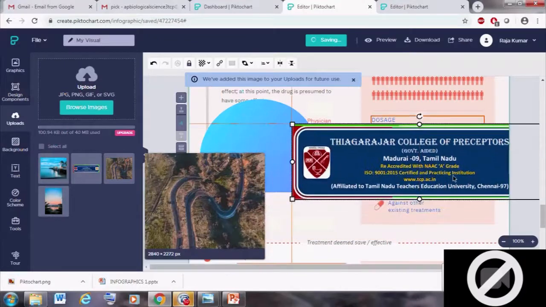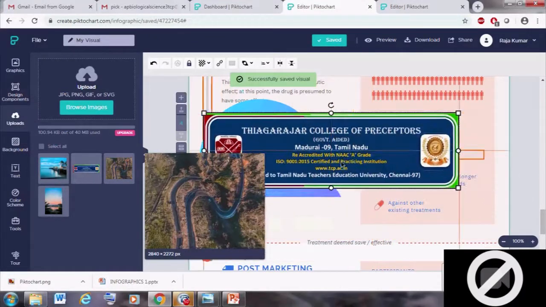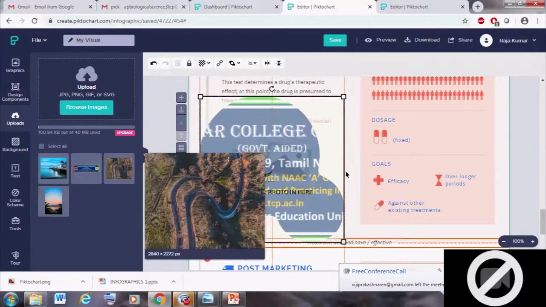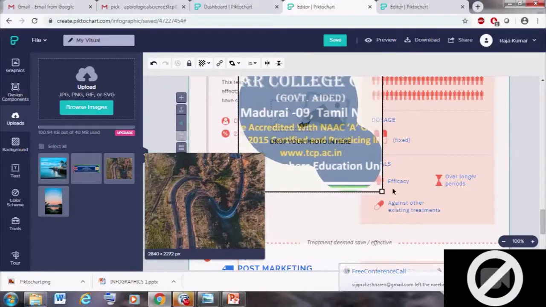Like that we can add other photos in the photo frame. So here I use the college banner in this photo frame page.